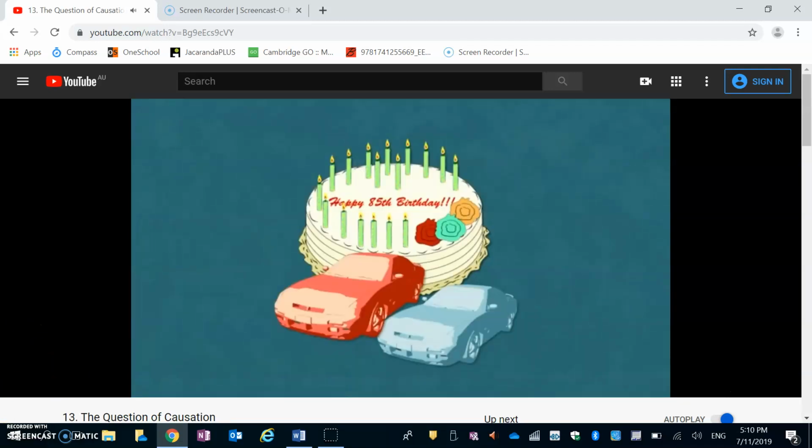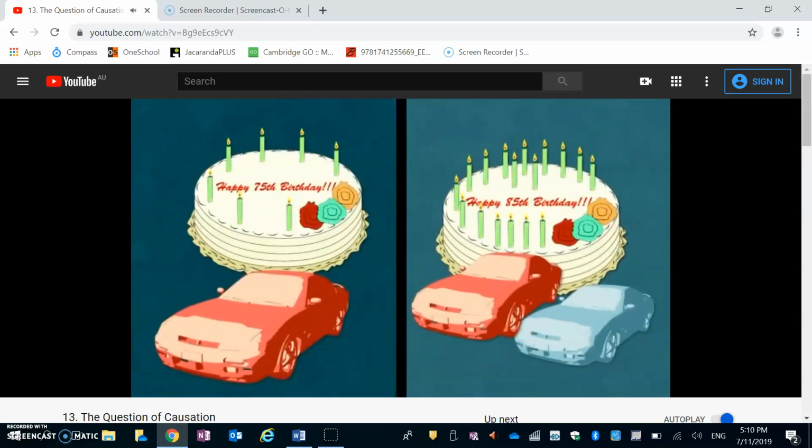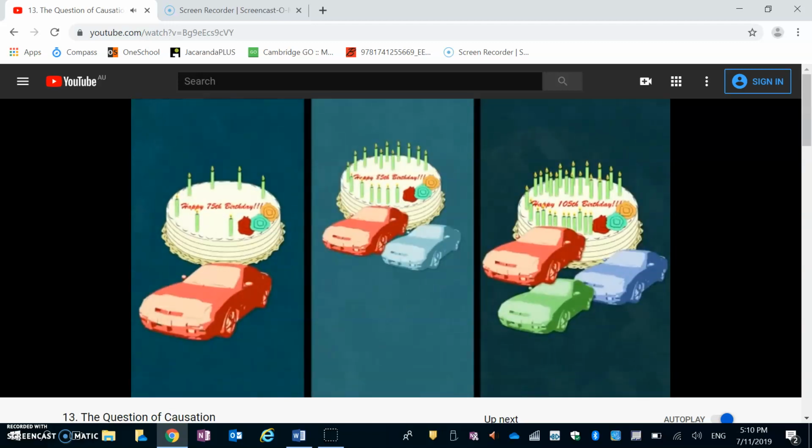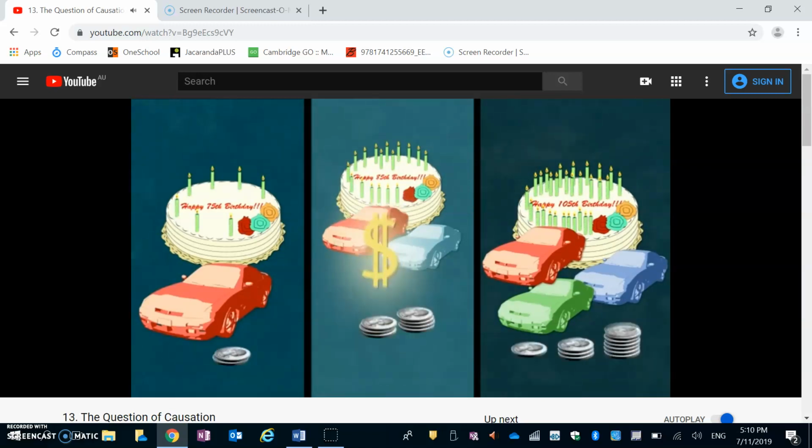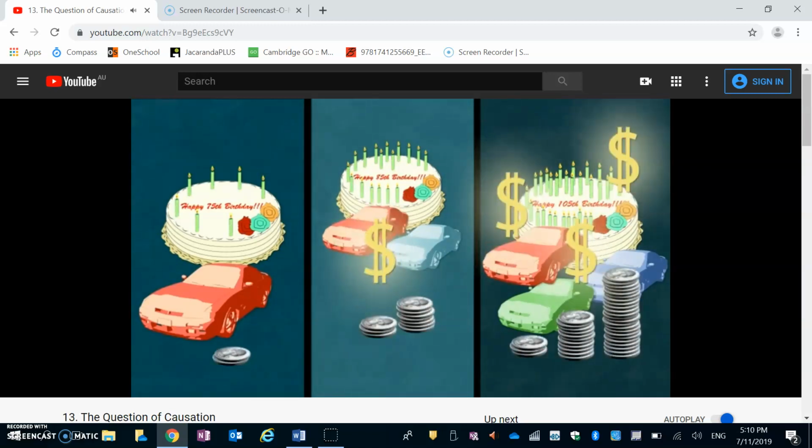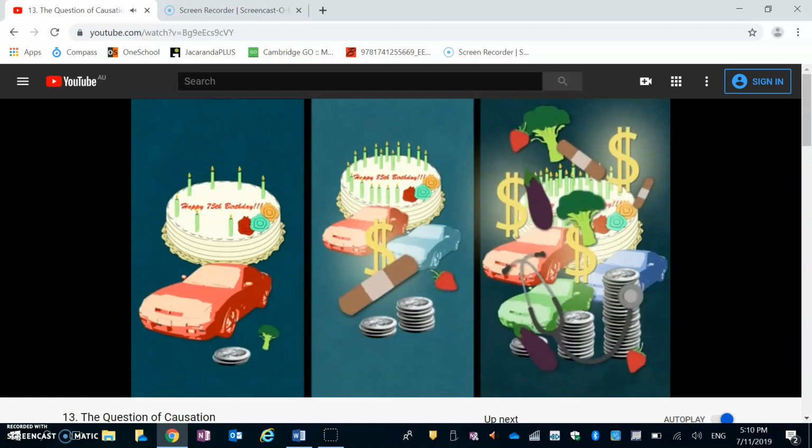Take, for example, a study that found people who owned 2 cars lived longer than people who owned only 1 car. Those who owned 3 cars were even more likely to live a longer life, and so on. Does this mean buying more cars will allow you to avoid death? No, of course not. In this case, the lurking variable is the car buyer's affluence. Richer individuals own more cars and tend to live longer, probably because they have access to better medical care and healthier food. The cars have nothing to do with it.